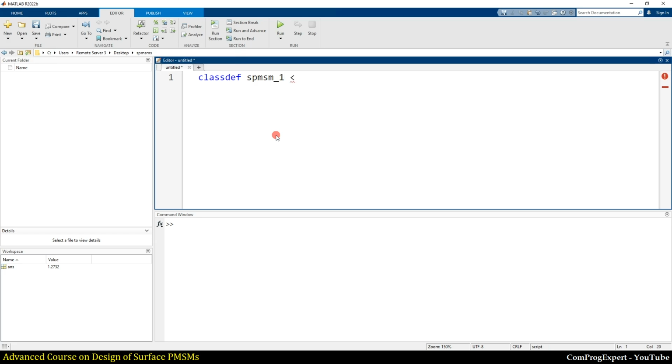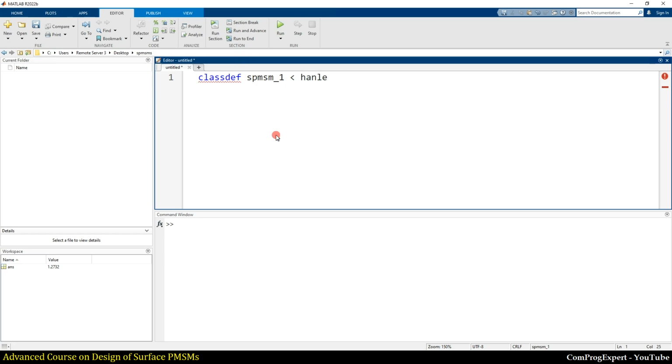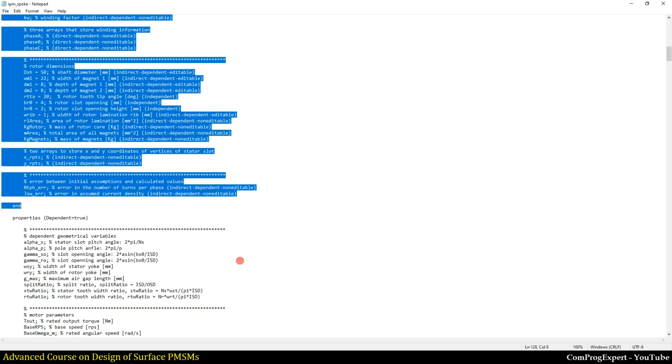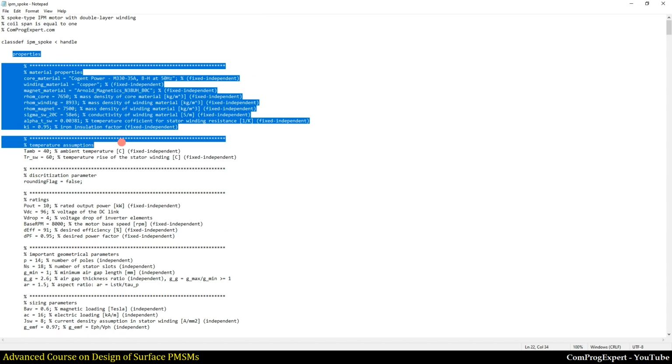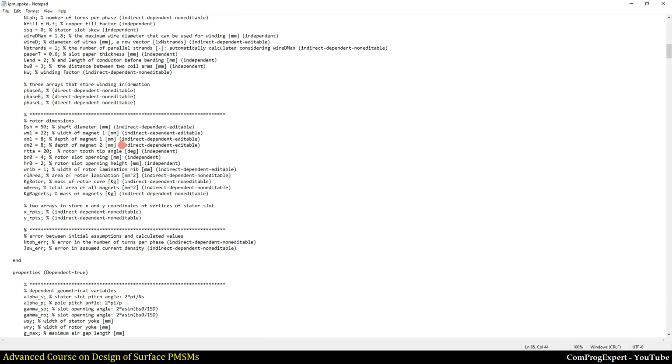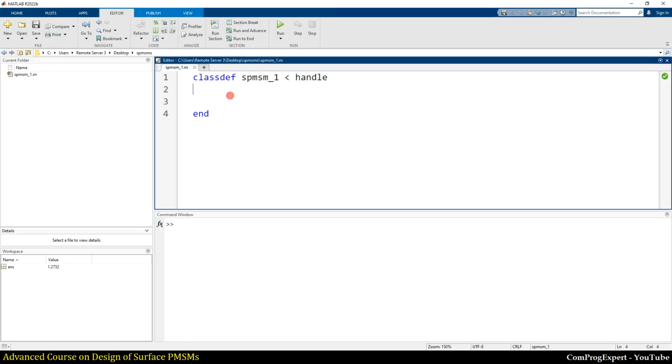I select this name. This is a handle class, as you know, and close the class definition. So here, let's copy this properties block and paste it here.